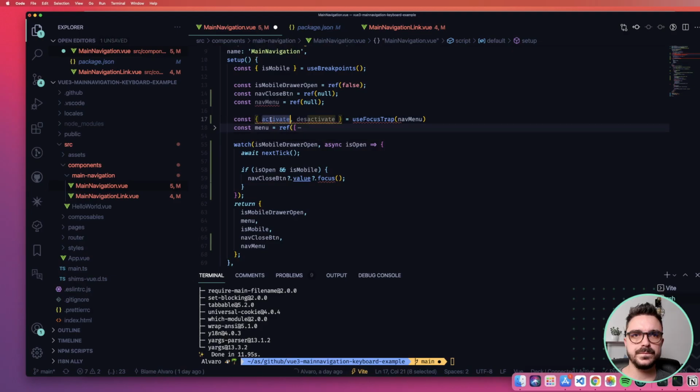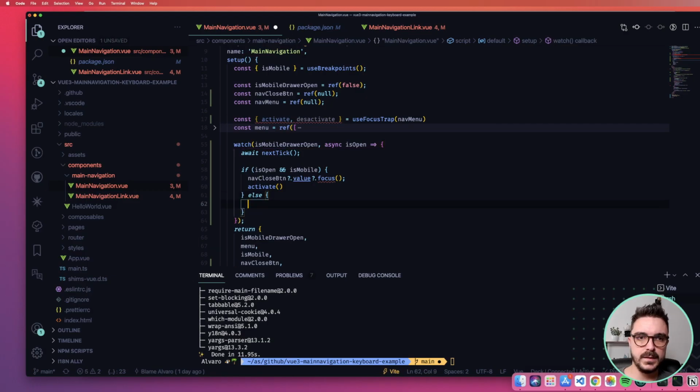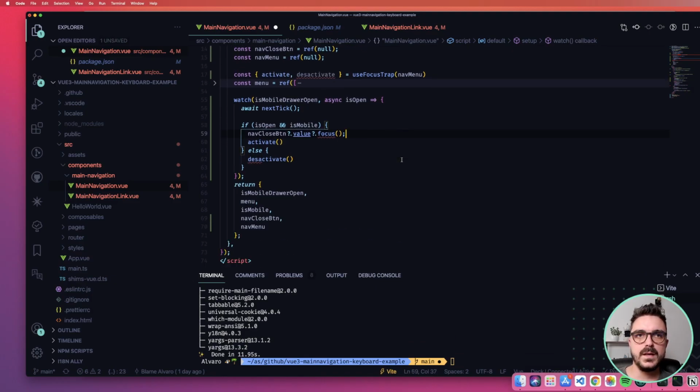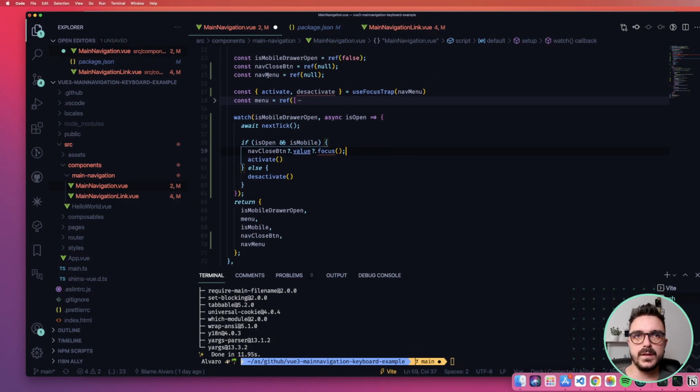And so whenever we open the drawer, let's activate it. And in case we are not in mobile and also it isn't open, then we are going to deactivate. So the idea is we get the template ref for the nav menu.